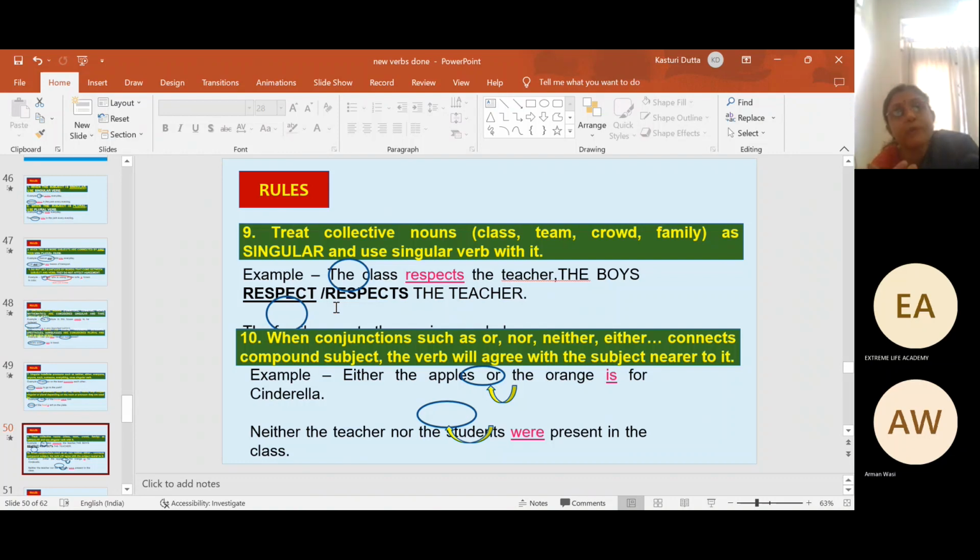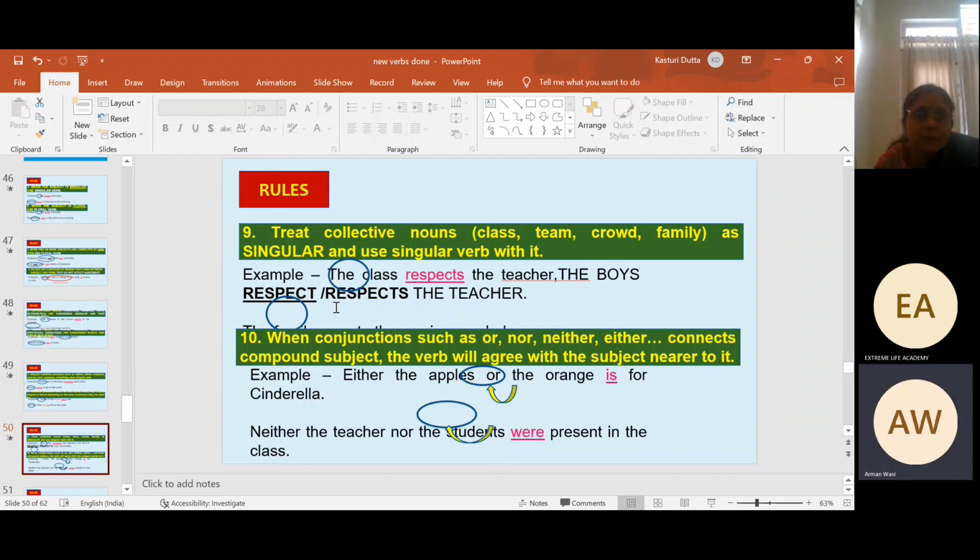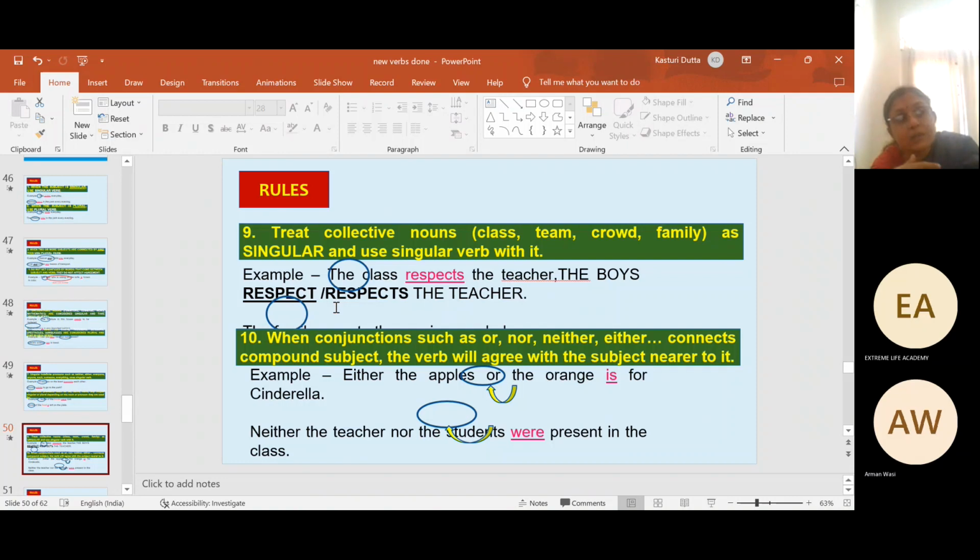The explanation would be, ma'am, because "respect" is a verb, and we will not add s or es to the verb because in the sentence we are using a plural, "the boys." You get my point? The answer should be correct and the reason should also be correct. Someone will try to make you justify it; they need to understand from you. That is why your answer was correct.